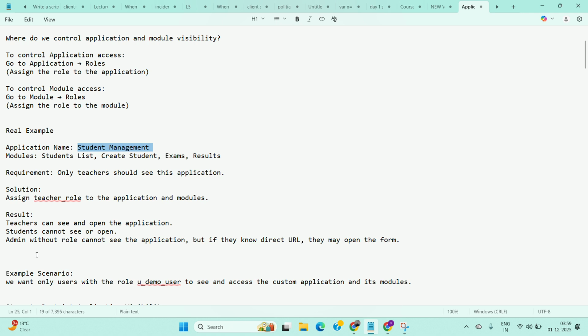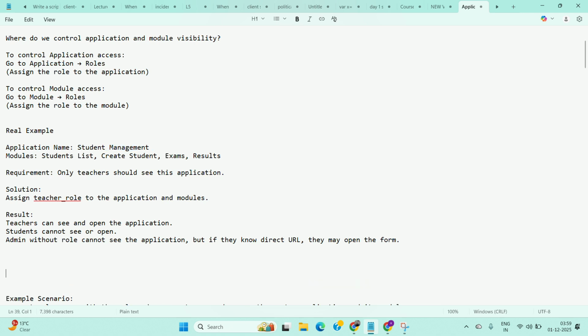So here I will write first: when we create a custom table, six fields are automatically created,